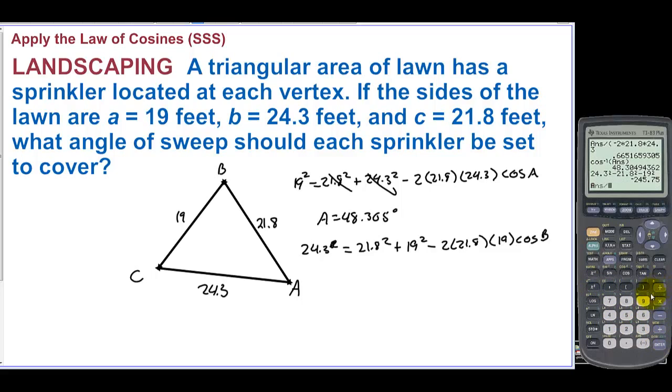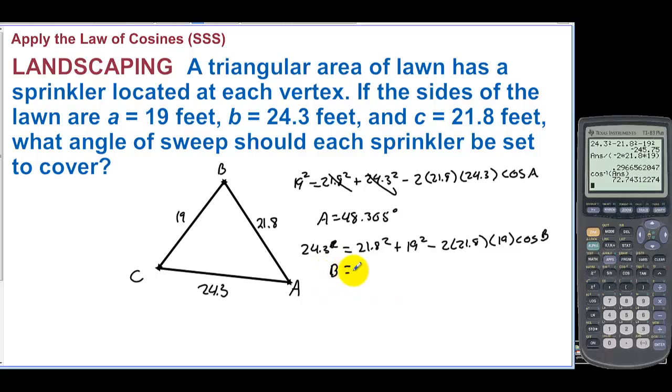We get that answer, and we have to divide by negative 2, forgot parentheses again, here we go. Negative 2 times 21.8 times 19. Now that is the value of cosine of B, so let's take the inverse cosine of the answer,